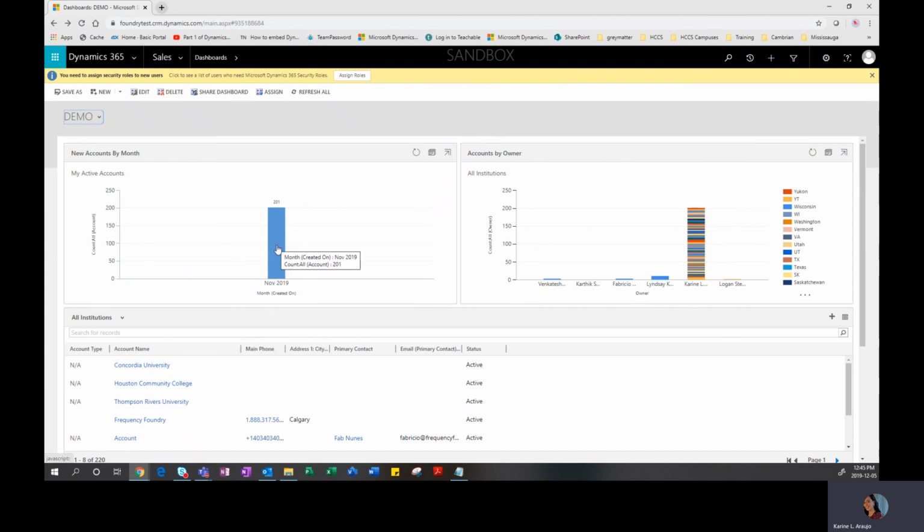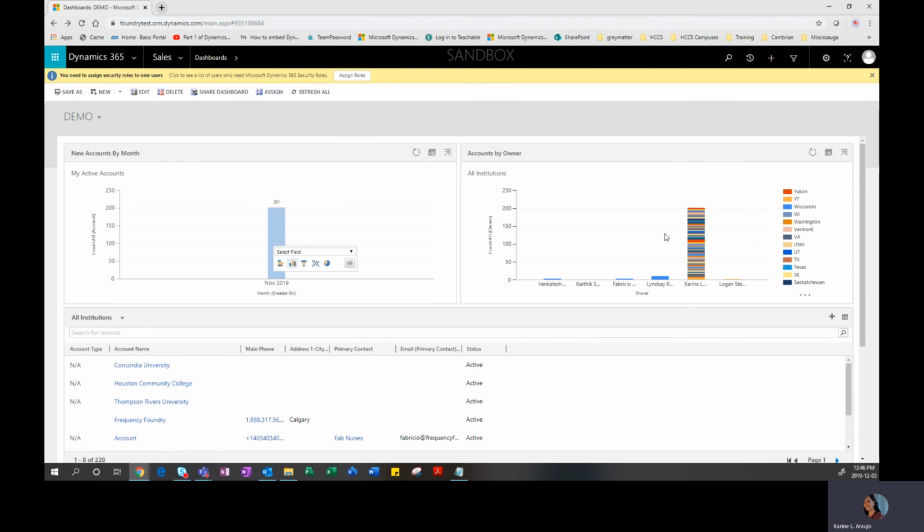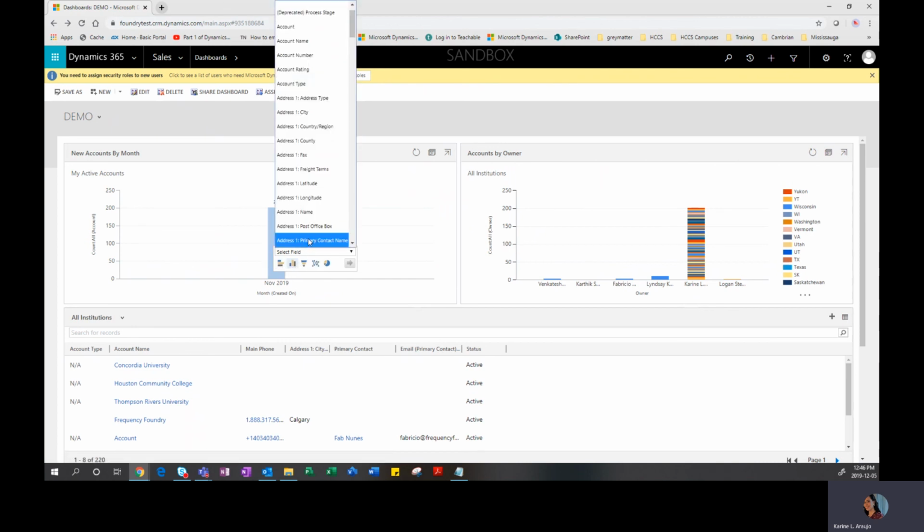All right. So today what we've done is we've understood how to create a new dashboard. We've understood the different types of functionalities of adding a chart in a specific view to your dashboard. We've understood how to drill into the information once your dashboard is created based on the different fields and attributes within each entity. And we've understood the different types of charts that can be created, and also the different types of charts that you can filter the information